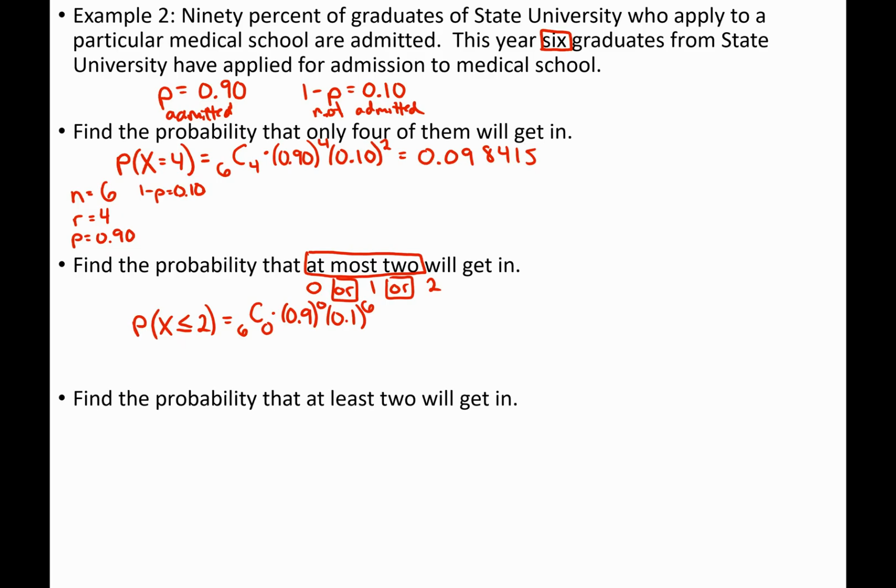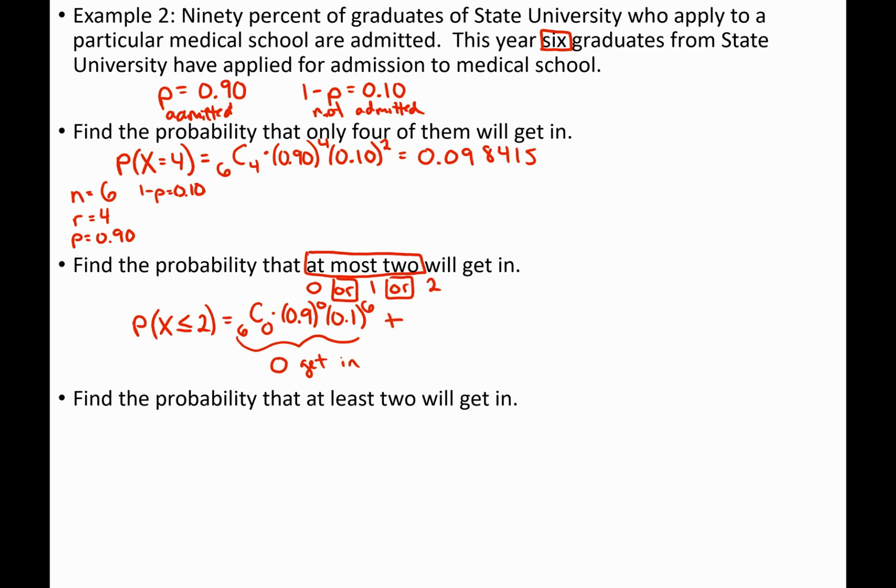Yeah? Wait, so could you use 2 in it? We are going to be using 2. We're going to use the one next. You could start with 2 if you wanted to. So this is our 0 get in. Now we need to add that to